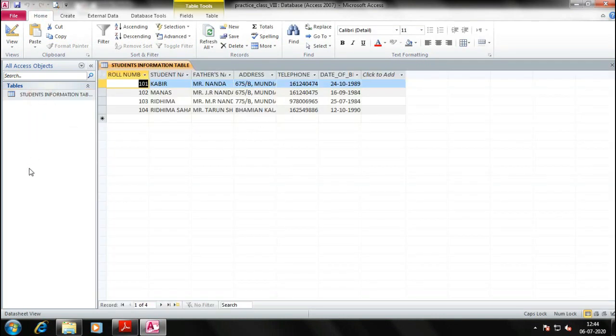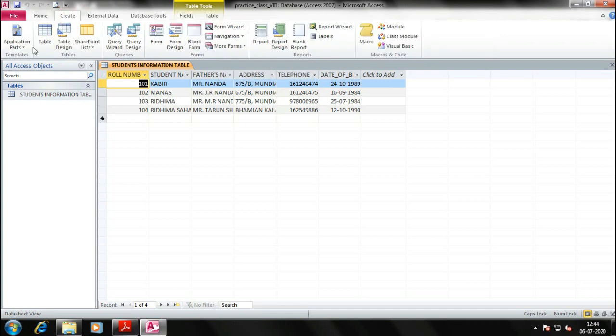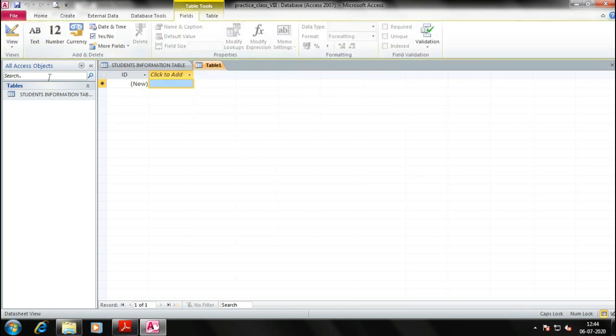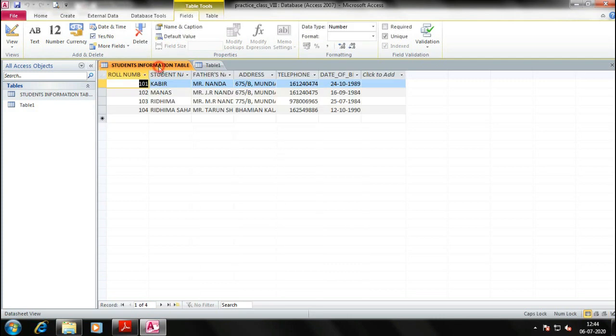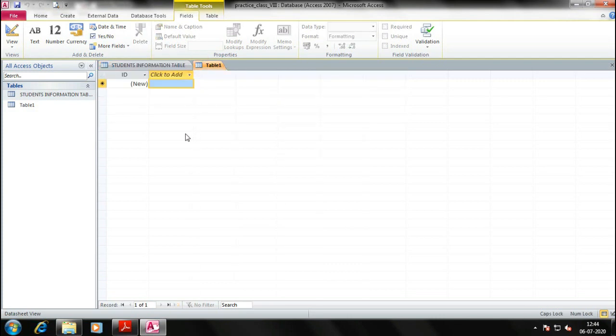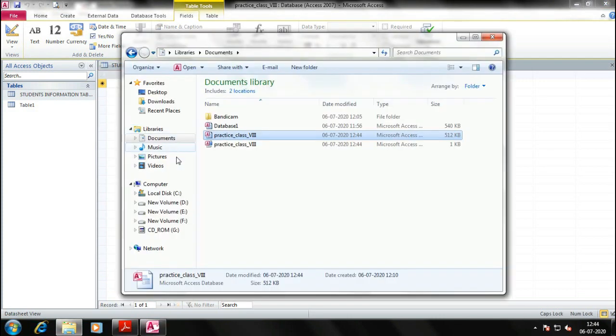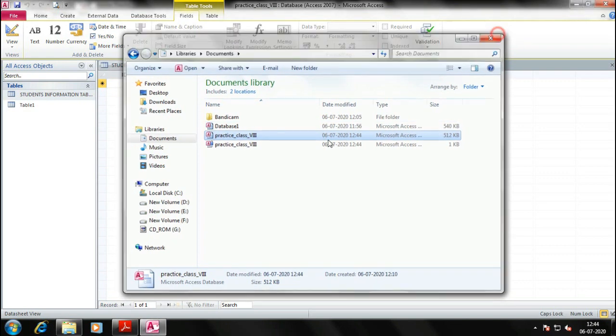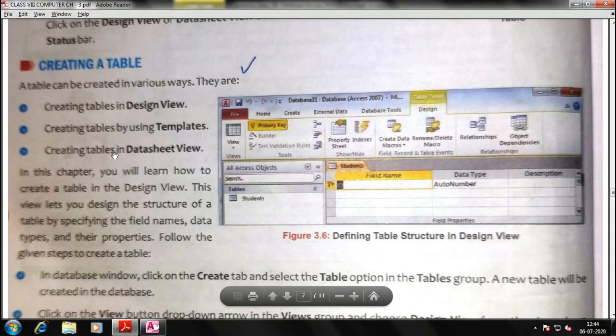Now we have to create a new table here. Create and table. This is another table again. It is showing here, this was our first table, this is the second table. Now let me close it. This one, creating tables in datasheet view.